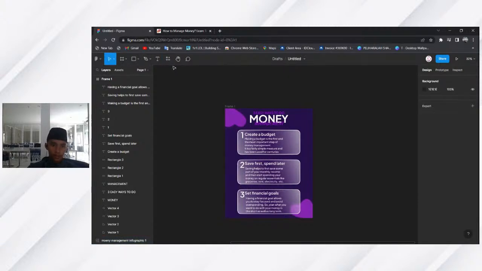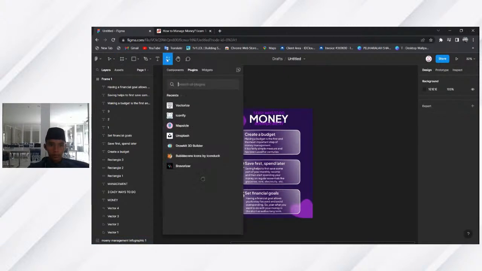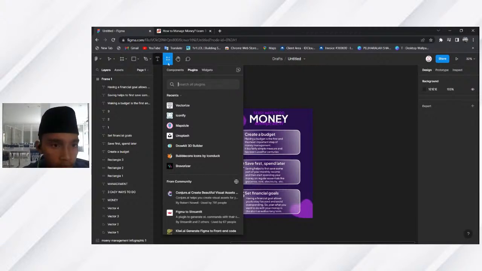So you press this button, or this icon right over here, and then you go to plugins and search for a plugin that is called